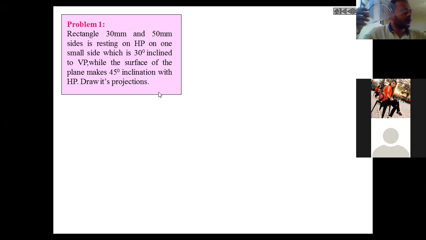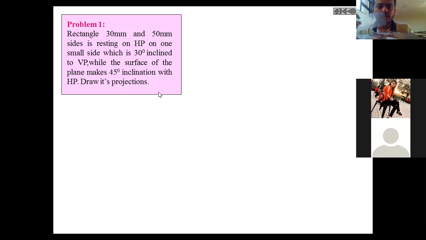What is given? First of all, assume this is a rectangle, because I don't have any rectangle thing with me which is visible from distance. Okay, so this is rectangle. Understand? And this is horizontal plane. Clear?